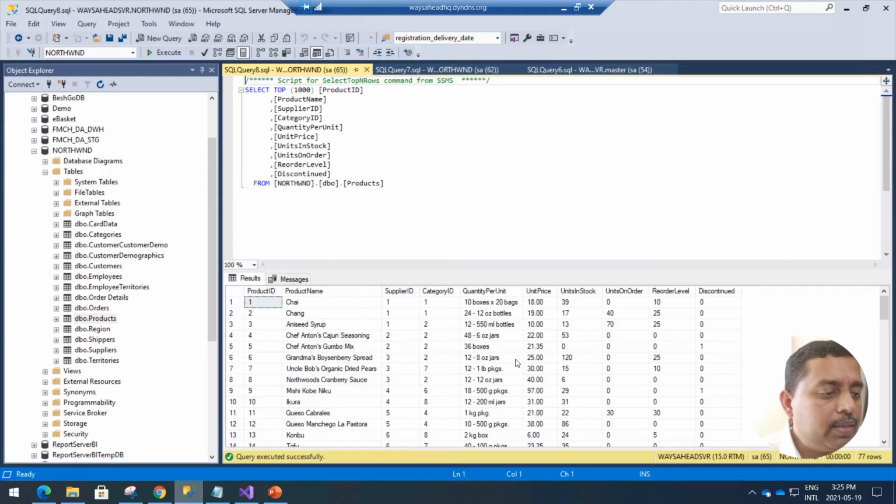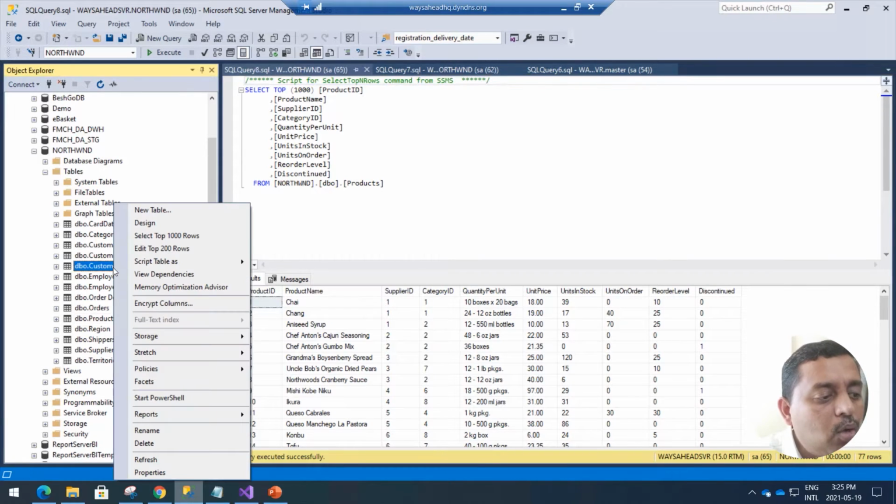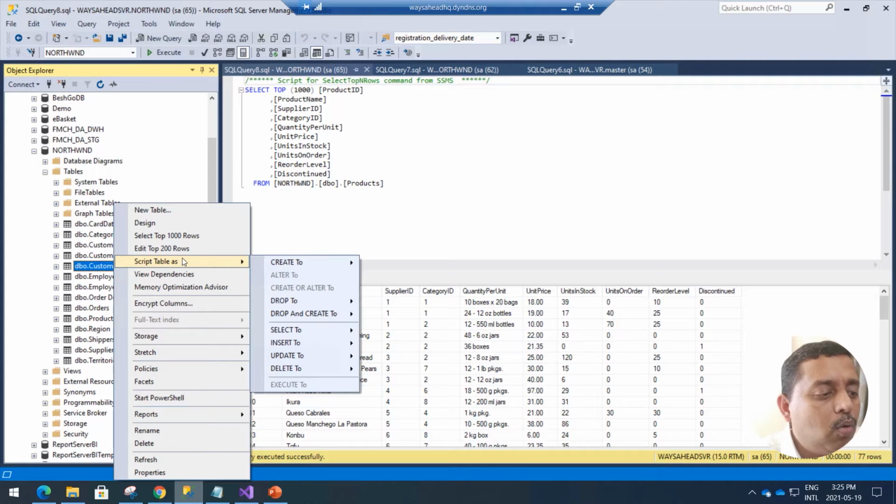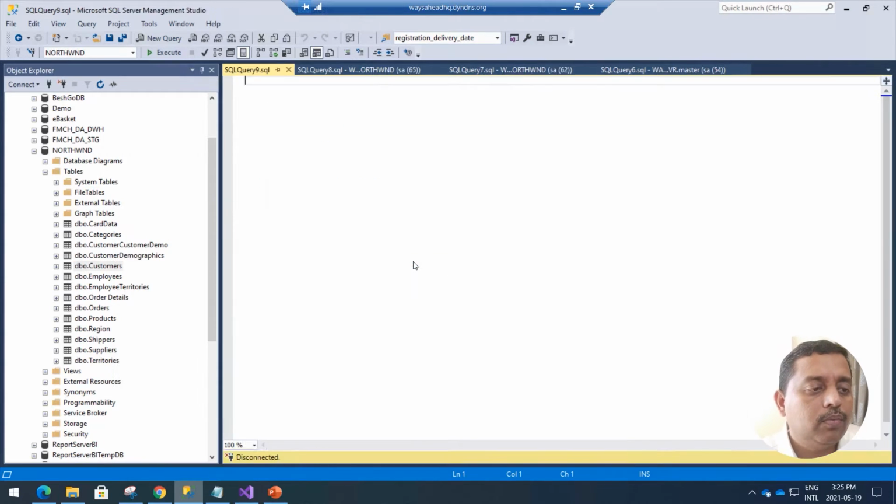Now we wanted to see the structure of this particular database. So I go to this option called customers, and I right click over here, go to the script of this particular table, and I say create, and open it in a new query editor window.